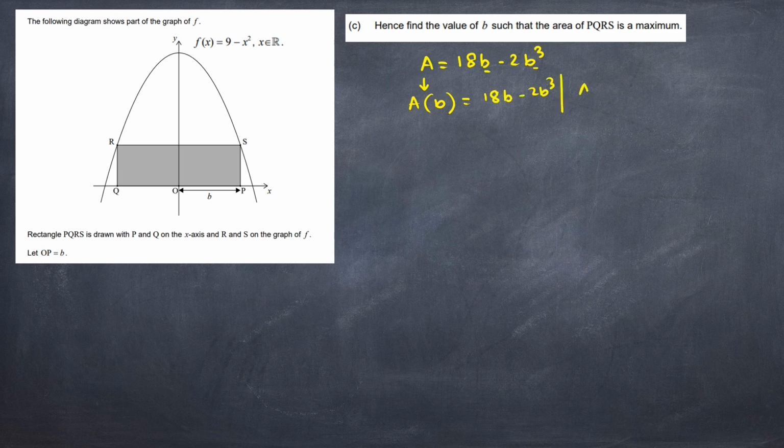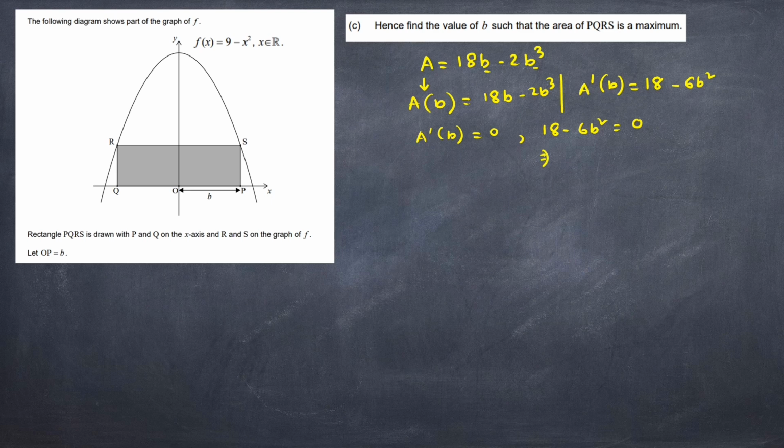So what we need to do, we just need to find out A dash B is equal to 18. Just here is B, so B will be omitted, minus 3 will be here, so 3 into 2, 6B square. So for extreme points, A dash B must be equal to 0. So from here we can write 18 minus 6B square is equal to 0.